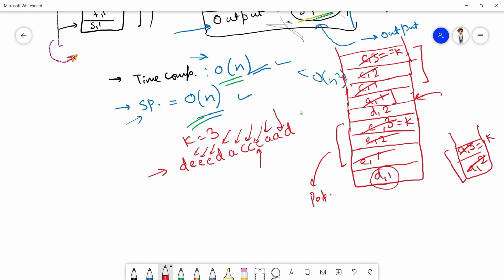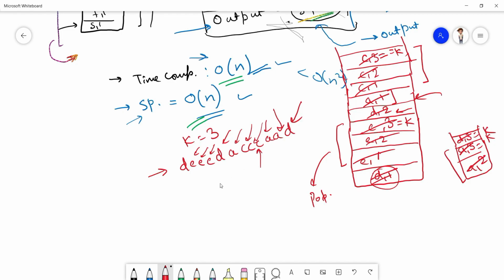Now we will come over to D, and we see that the top of the stack is also D. Now D will be pushed in, right? D will be pushed in with the value 3, which is equal to k. Okay, so now the k elements will be popped out. These k elements will be popped out, right?